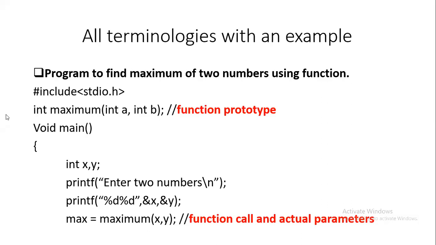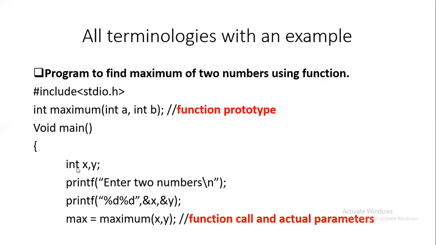And then we may define the function here itself, then there is no need of a prototype. We will not give a semicolon, we can define it here itself. Or if we are defining the function later, after main, then we write the main and then the function definition. In that case, the function prototype has to be given before main, so that the compiler has a list of the functions defined in the main. Even if we give it like this, control will just scan, okay, header file is included, there is a function, but execution always starts from main.